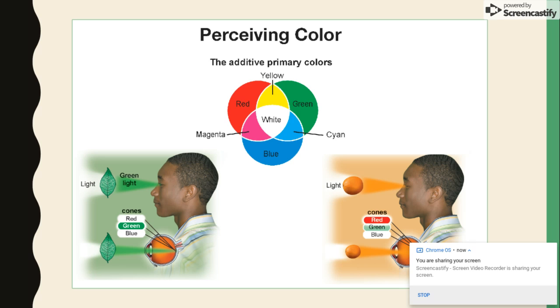So for example, if you're seeing green light, that's because when the light waves hit your eyes, your green photoreceptors are the ones that are working, and the other two don't really have anything to do with that. But if you look at this orange over here, or this kind of brownish orangey rust color on the other side,